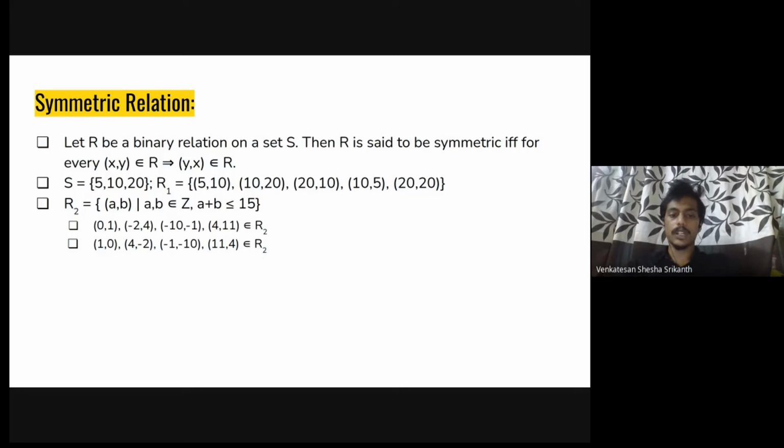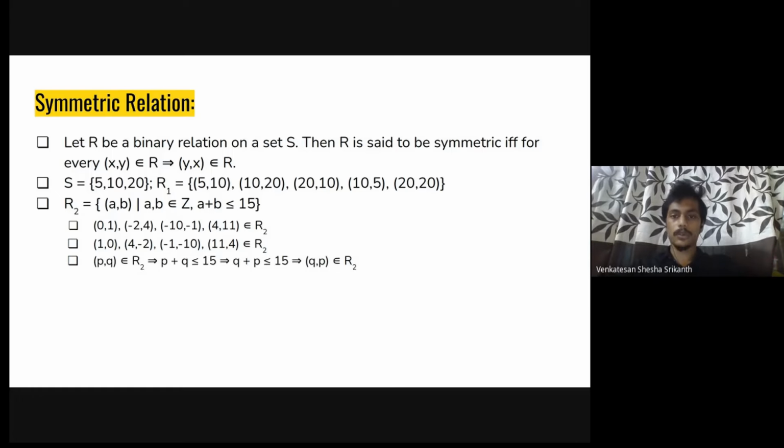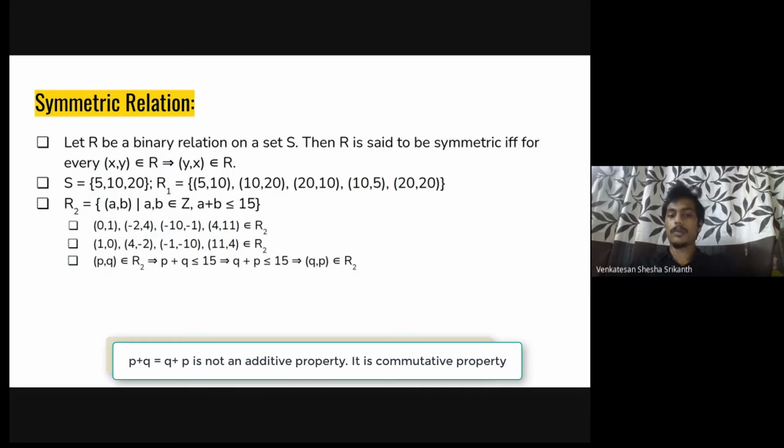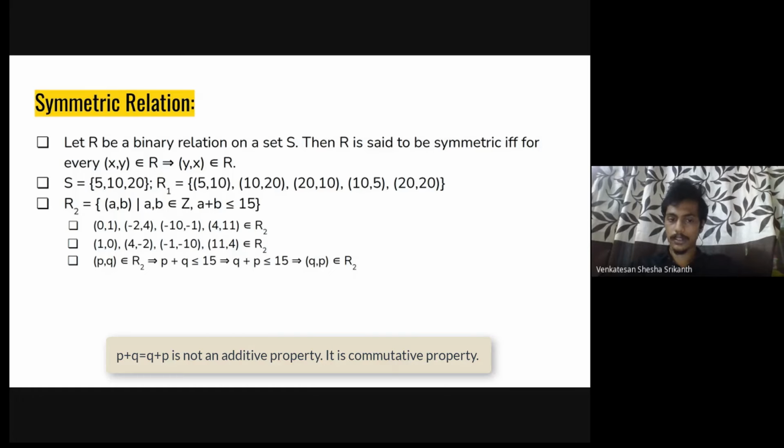In the same way, whatever element we take, like (p, q) belonging to R2, that means p plus q is definitely less than or equal to 15, which implies q plus p is also less than or equal to 15. Additive property. So as q plus p is less than or equal to 15, (q, p) should also be in my R2, right?